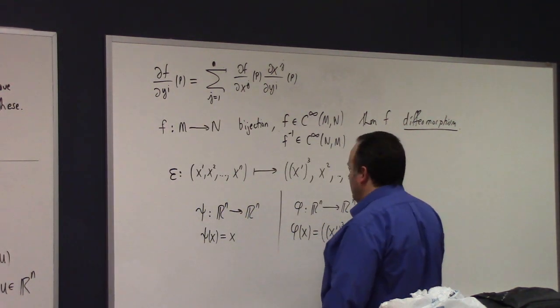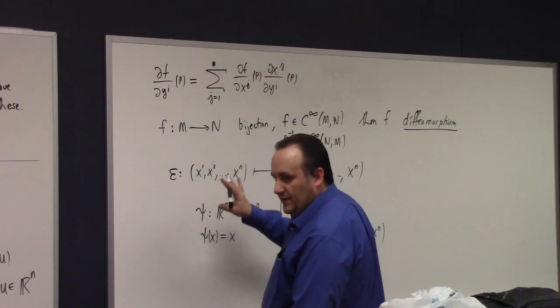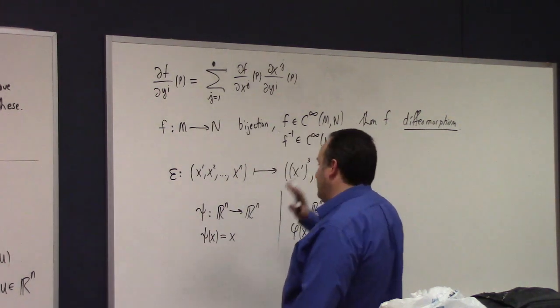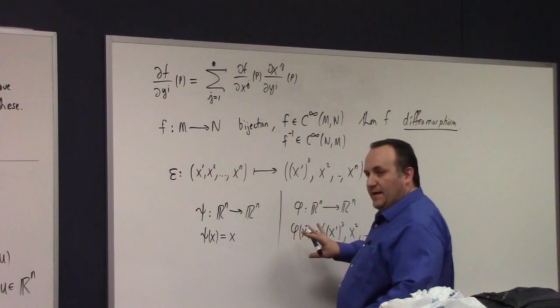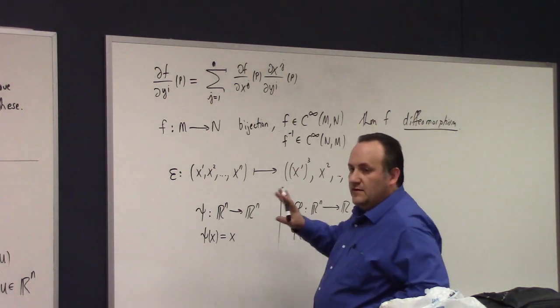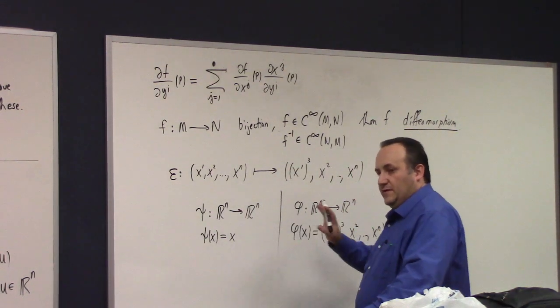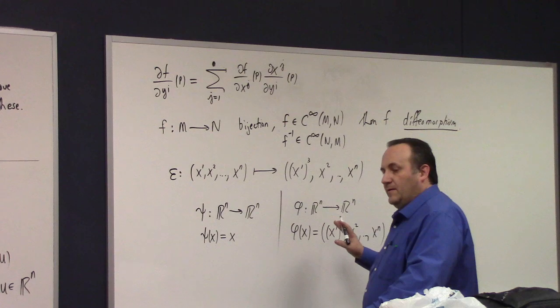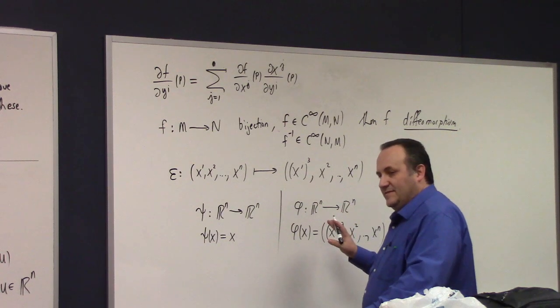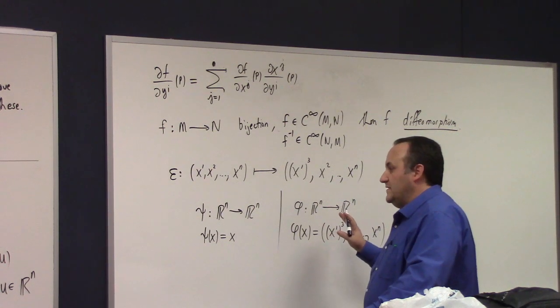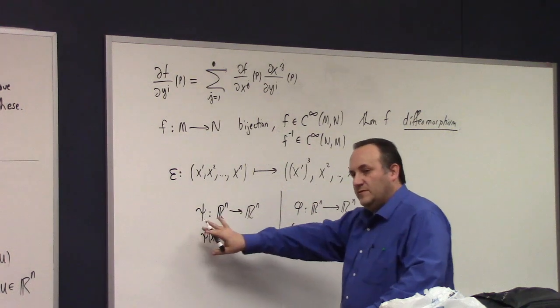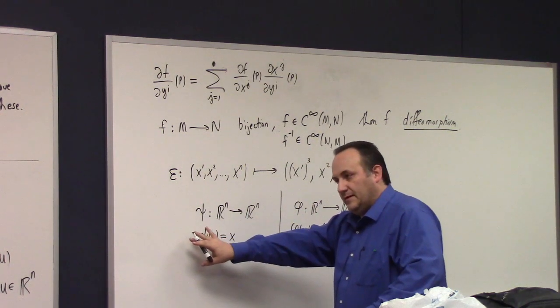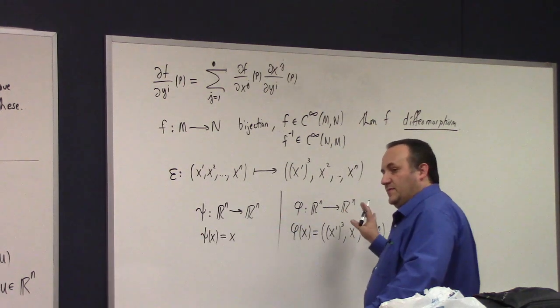So if we take R^n paired with the identity map, and R^n paired with this cube map, that gives us two different differentiable structures on R^n. But here's the thing. They're the same in the sense that they're diffeomorphic. What's the diffeomorphism from R^n with the usual smooth structure, and R^n with the weirdo